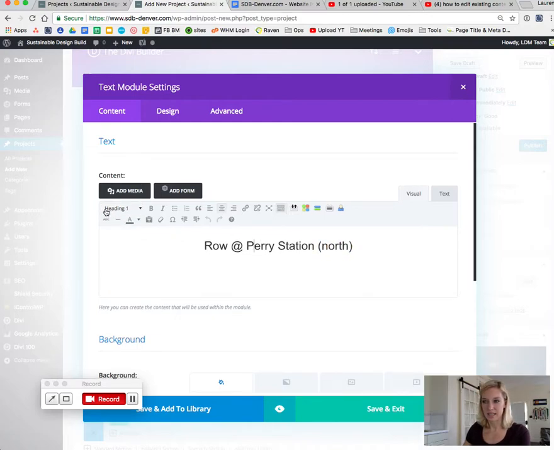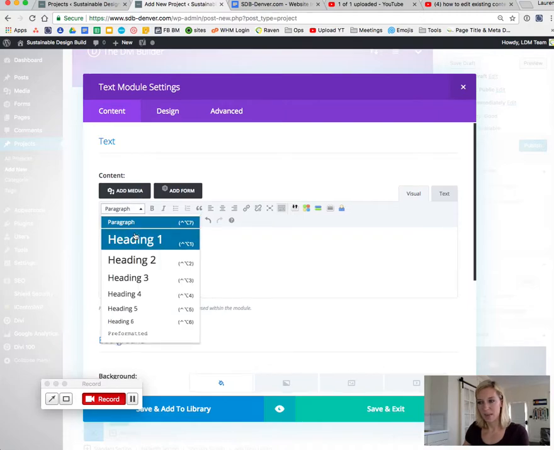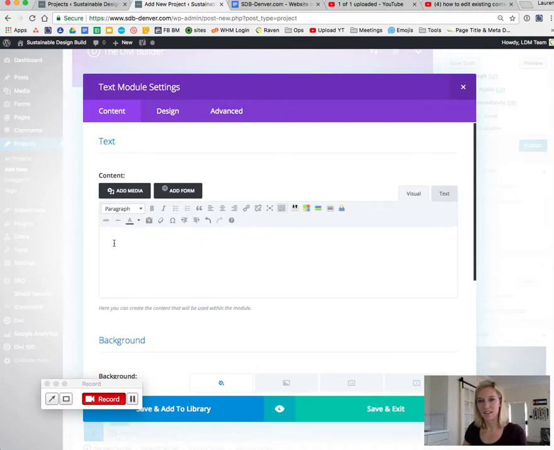Now notice this is set as a heading 1, and you want to keep it that way. As long as you just backspace through, you'll still have a heading 1 there. But if you accidentally highlight the whole thing and hit delete, did you see what happened over here? The formatting was deleted too because it deleted everything you had in there. So make sure you take a gander at what it's set up as before you end up killing the formatting,